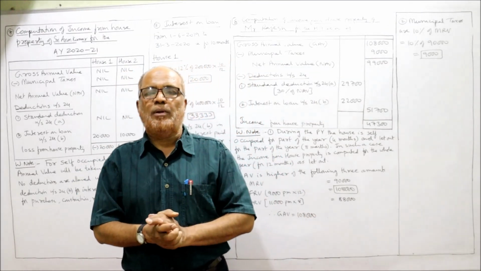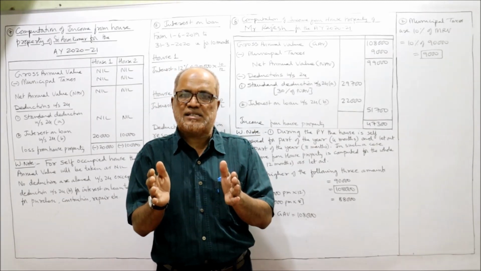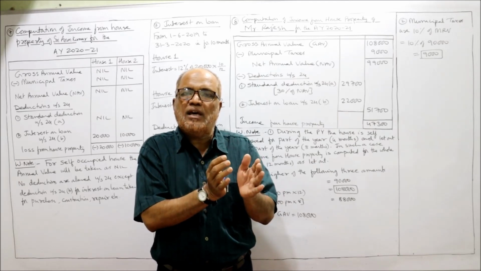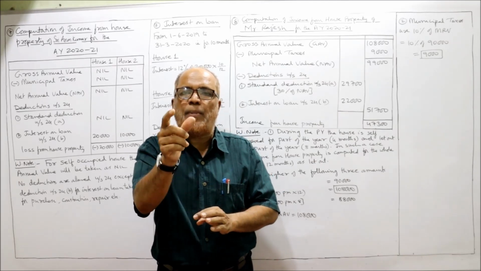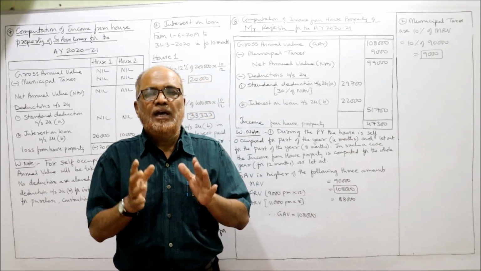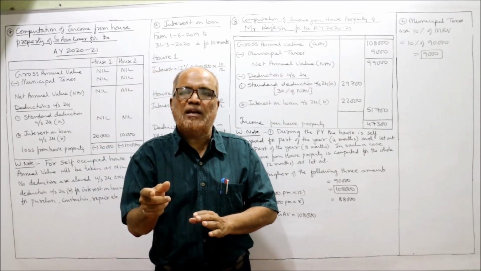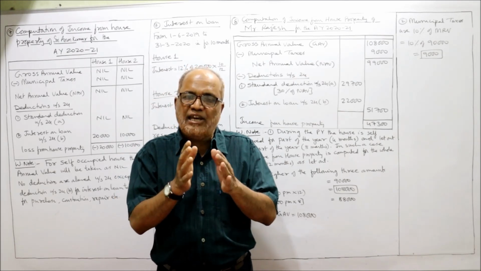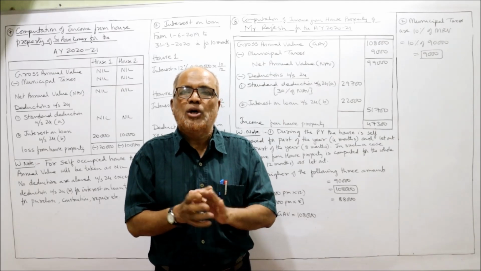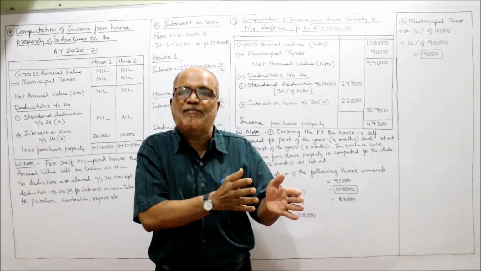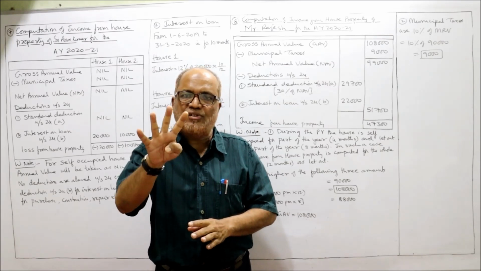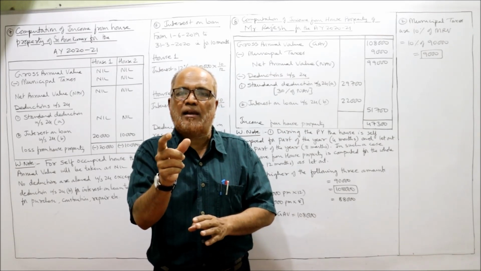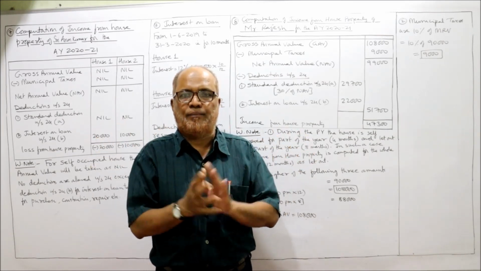The new point in this problem is that only one house is there, of the assessee. The assessee is having only one house. That house, part of the year he is using as self-occupied and part of the year it is let out. In this case, we have to compute the income from house property as if the house is let out for 12 months. No need to separately calculate for the self-occupied period. For the first 4 months self-occupied period, you should not calculate the income. Income will be calculated for the let out period for the whole year.